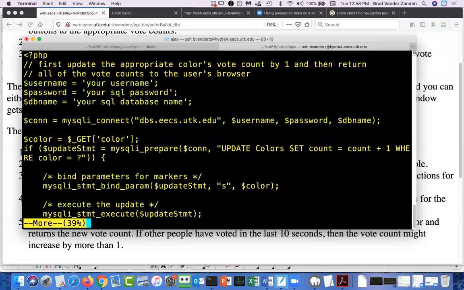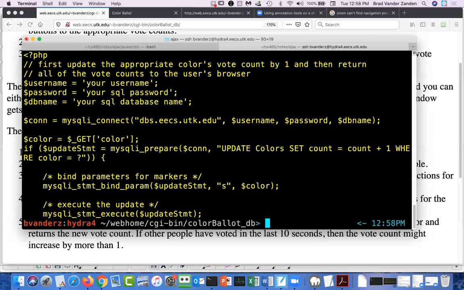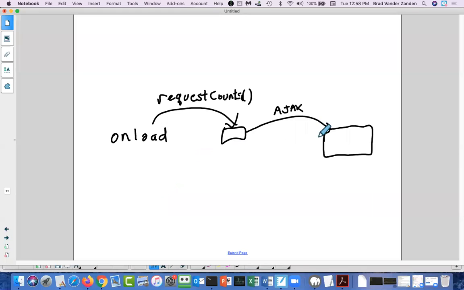Okay, so what you're going to do is make an Ajax call, and you're going to call getCounts.php. And it is going to return to you a set of colors and their vote counts as a JSON array.